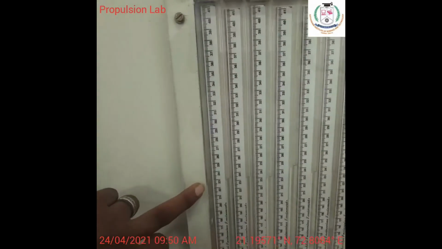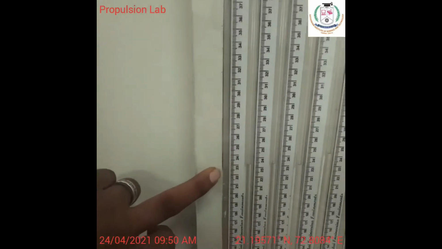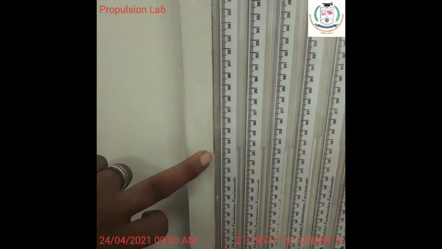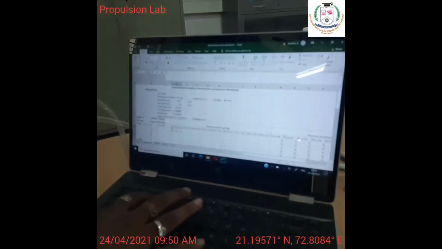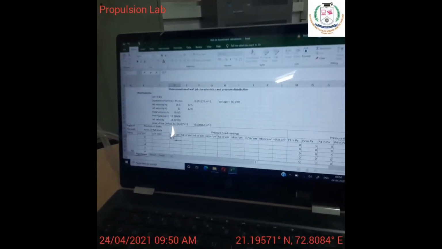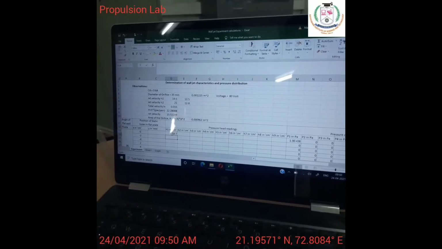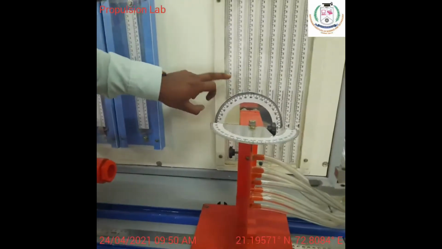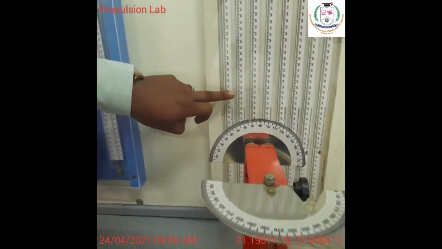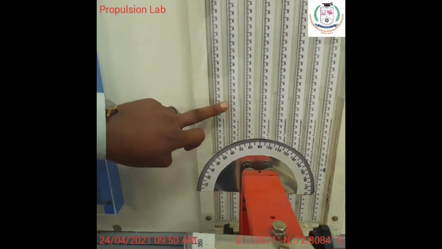Okay, so for position 0, this is my first position. The value is 23.7. So the first reading, H1, for 0 was 23.7. So this is your H1 value, right? And then for minus 2, now X is for minus 2, so for minus 2 you will be having 23 point